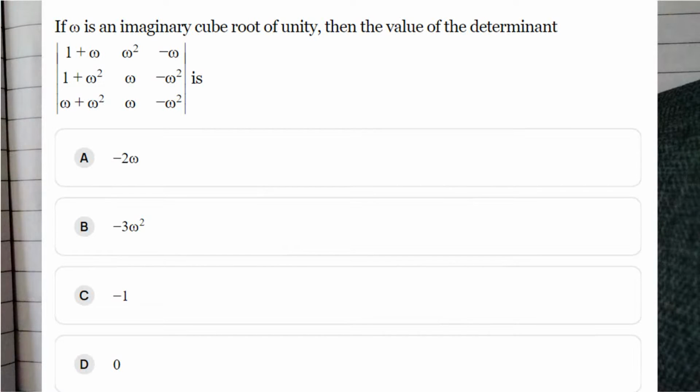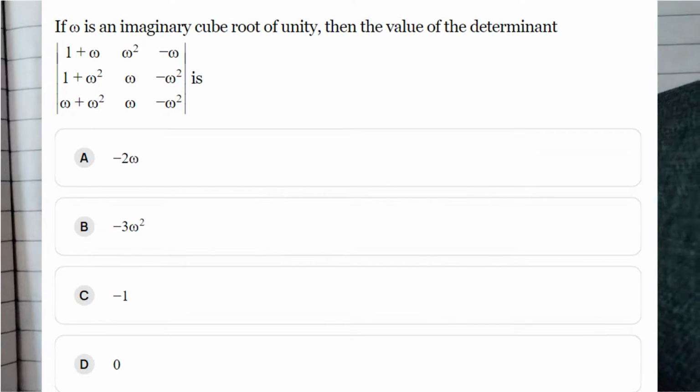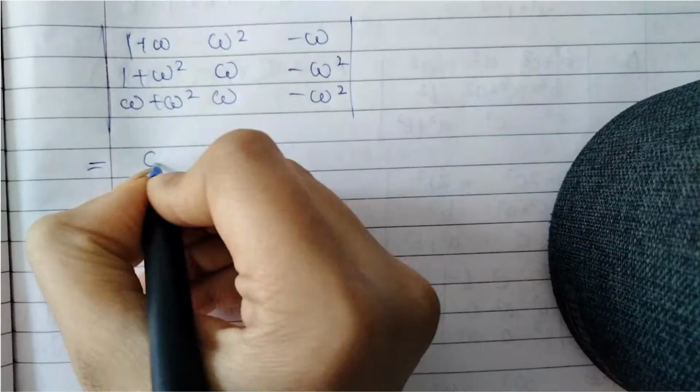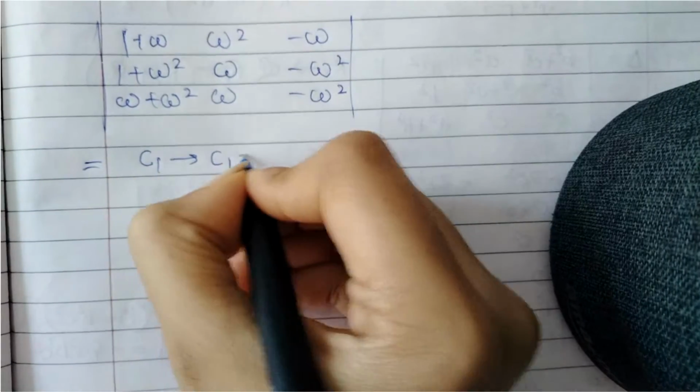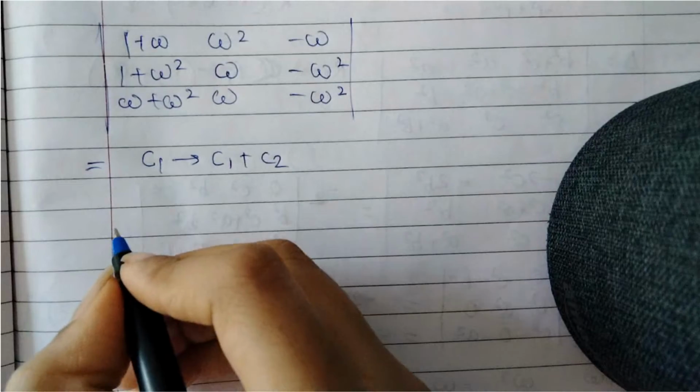So the question says, if omega is a cube root of unity, then the value of this determinant is, which is 1 plus omega, omega square minus omega, 1 plus omega square, omega minus omega square, omega plus omega square, omega minus omega square. So what we will do is, the first operation we can apply here is column 1 is column 1 plus column 2, which is